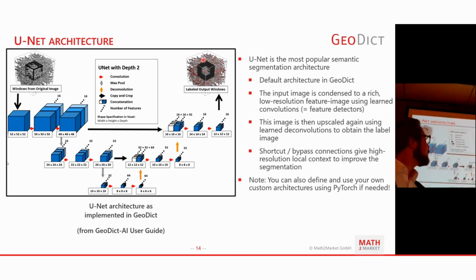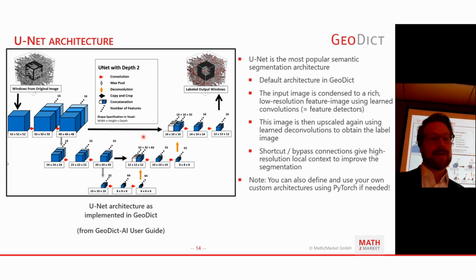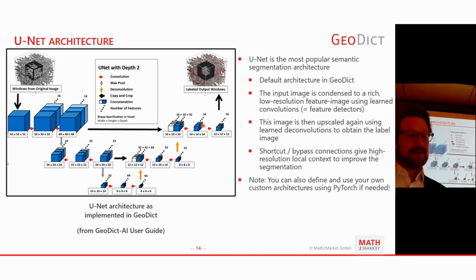Additionally, and that was the great invention with the UNet, we have these shortcut connections here. The whole architecture would also work without these shortcut connections, but this, as I understand, was a scientific breakthrough. These shortcut connections allow for a better localization of local features, because they give the network some of the raw data from the other side to look at in order to perform its decisions.